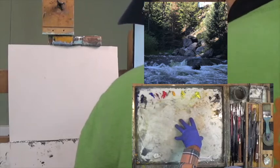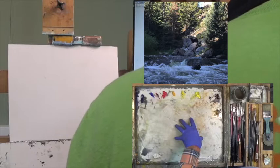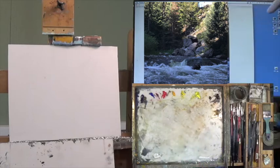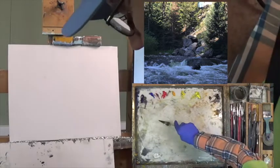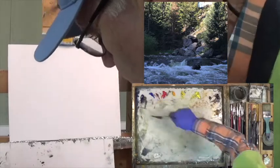I'm going to be using a product that's going to help spread my paint around and make it dry quickly. It's called Coll. You've heard me talk about it before. And let's go ahead and get started with mixture. So I'm going to start with ultra blue